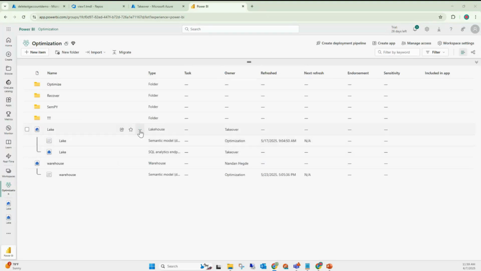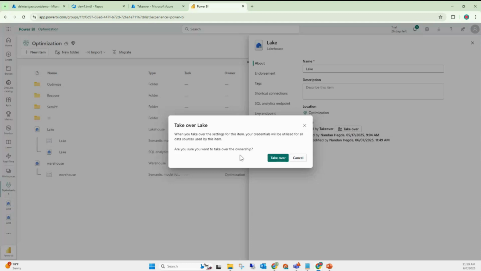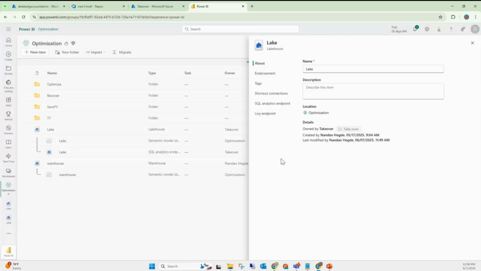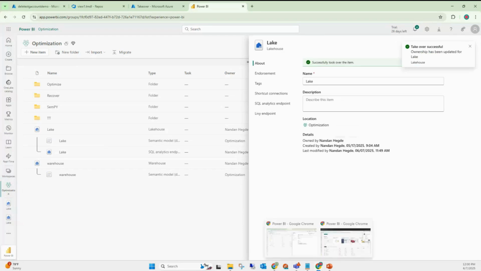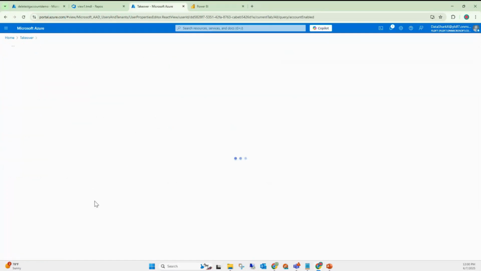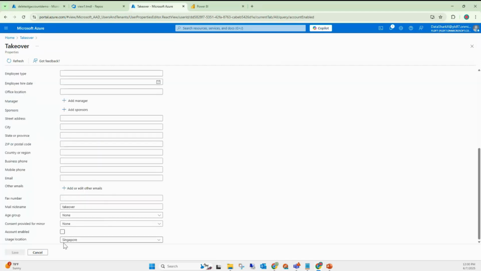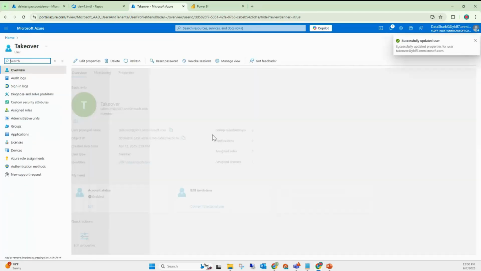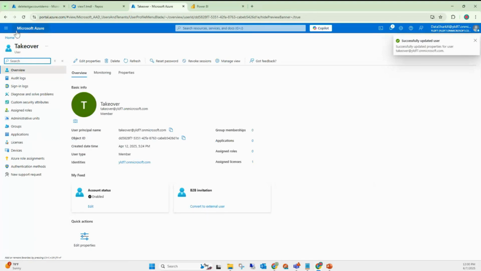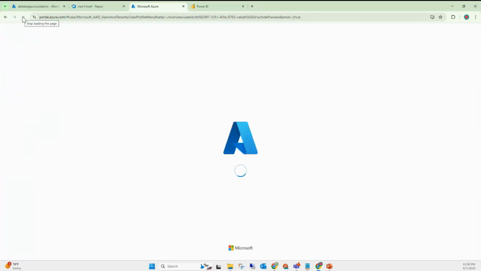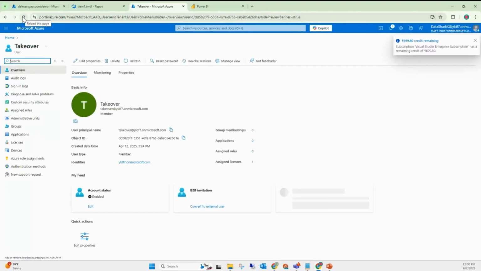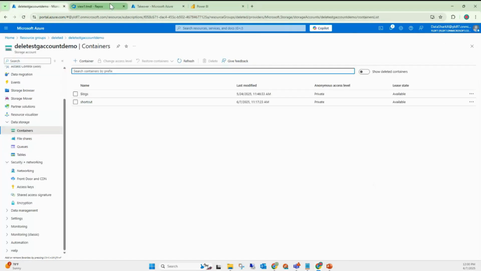Yes. Okay. Now I'll take it over again to my corresponding account. So I'll take over. And now I have successfully taken over. Now, of course, let me enable back that account. So now the account has been enabled back again. So any queries in the lakehouse aspect? If no, then let's move to the concept of